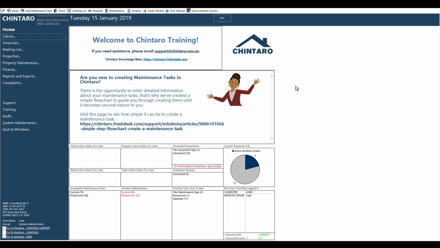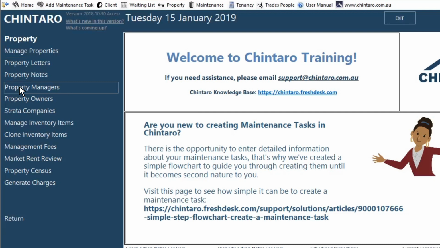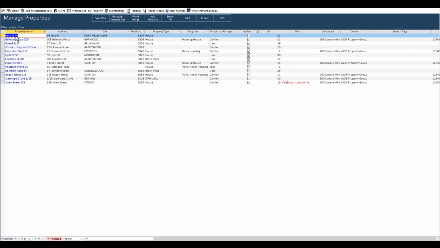In this video, we'll be looking at how we add a new property to Chintaro. To add a new property into the system, from the home screen, we click on Properties in the main menu, then Manage Properties. When we're on the Property search screen, we'll add a new property by clicking the Add Property